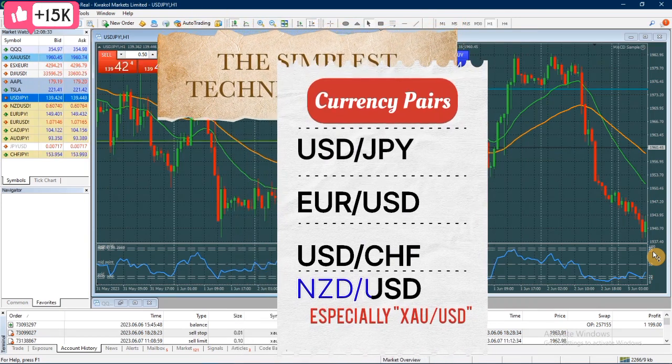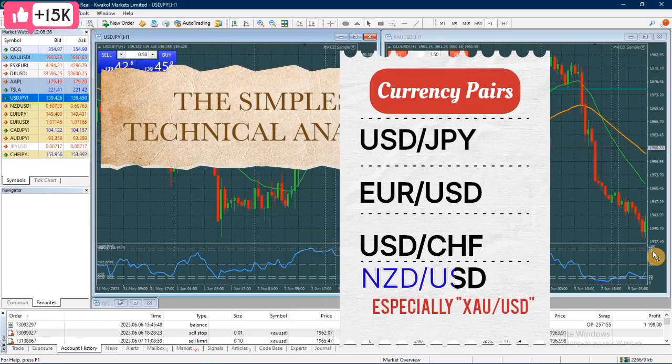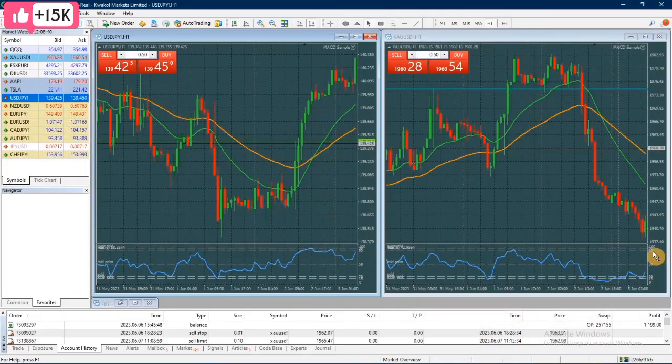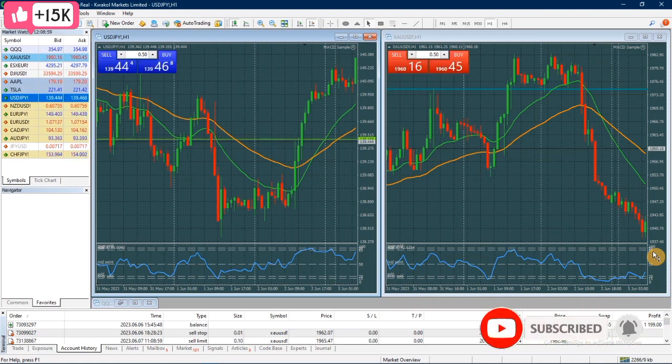You can apply this pattern to trade Euro USD, New Zealand US dollar, and US dollar JPY, and you can as well use it on gold, but it may not really work on USD Canada because USD Canada